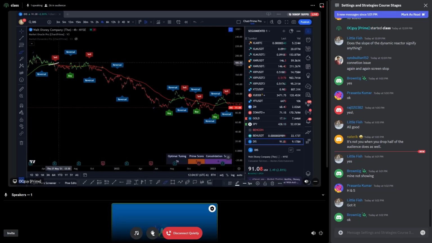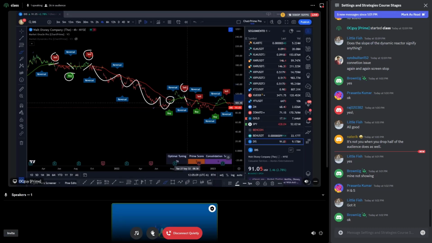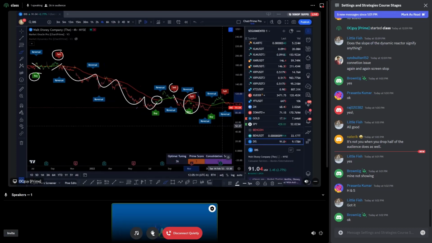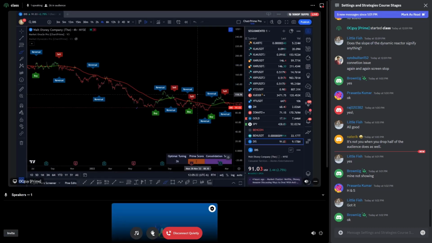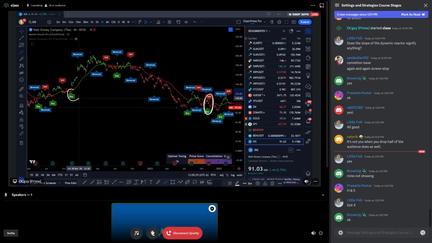Look at that. As we break below, we have a sell signal. As we break above, we have a buy signal. As we break below, we have a sell signal. And then look at that, beautiful, beautiful, beautiful. Until we break above, we have a buy. As we break below, we have a sell, and so on and so forth. Maybe this one is not quite there yet. That will be basically the only one that I could maybe try to get rid of. Nevertheless, let's understand that the interference, we will never be able to remove it completely. Nevertheless, this is looking fabulous. Look at that, as we break above, nice, as we break below.